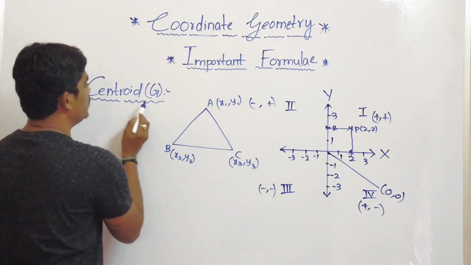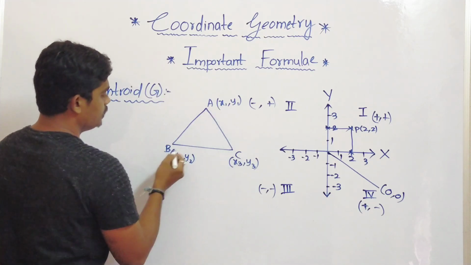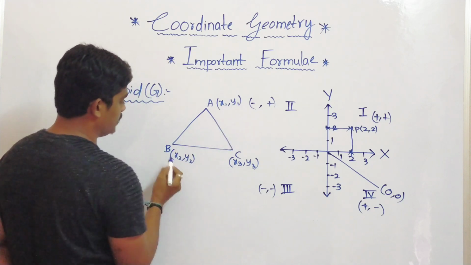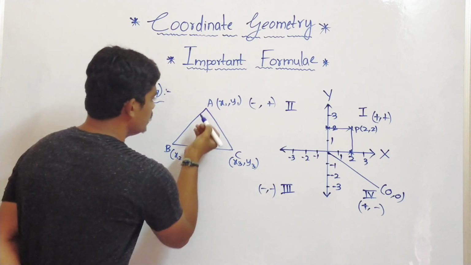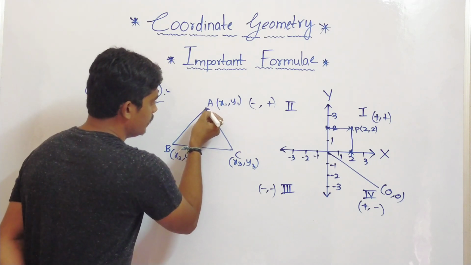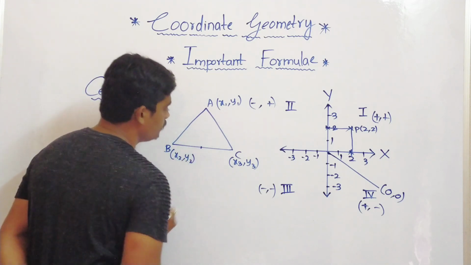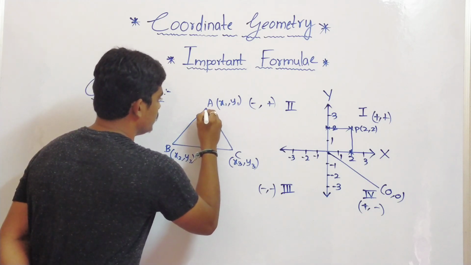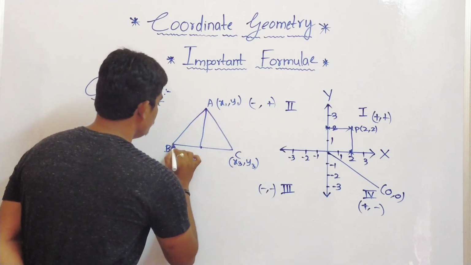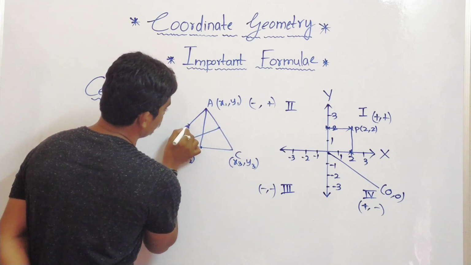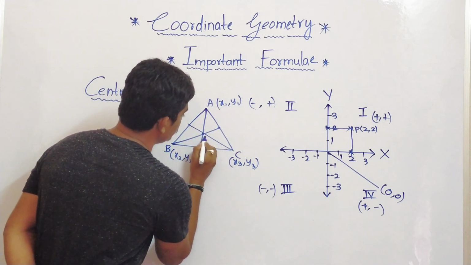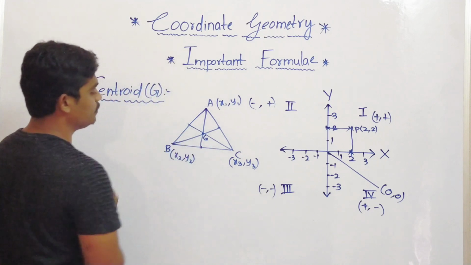Now let us find the centroid of a triangle with only the vertices known, x1, y1, x2, y2 and x3, y3. So what is a centroid? Centroid is nothing but a line drawn from a vertex to the midpoint of the opposite side, which is nothing but this one, and from here to the midpoint of the other side, and again from here to the midpoint of the other side. So the combination of these 3 lines is nothing but the centroid.